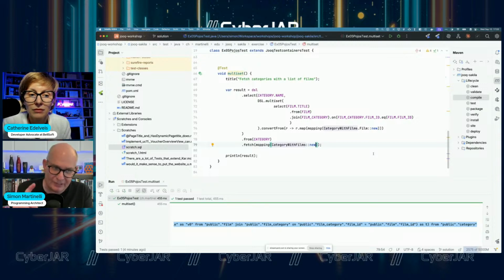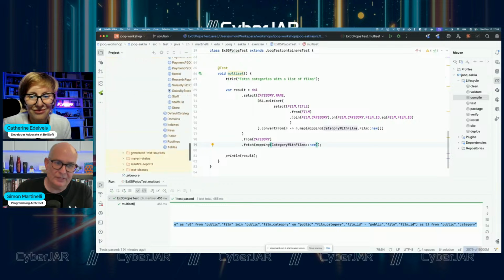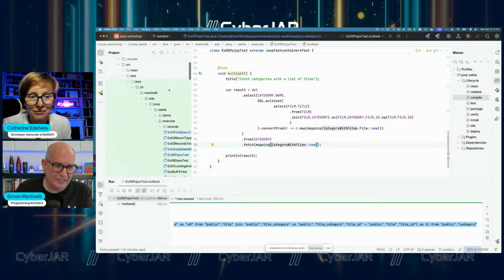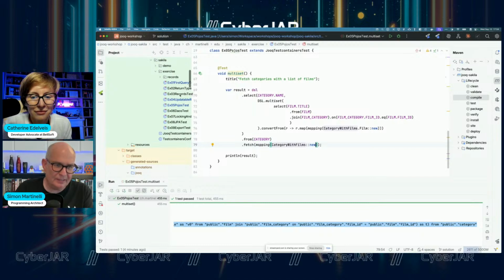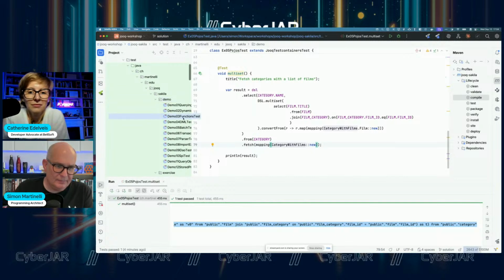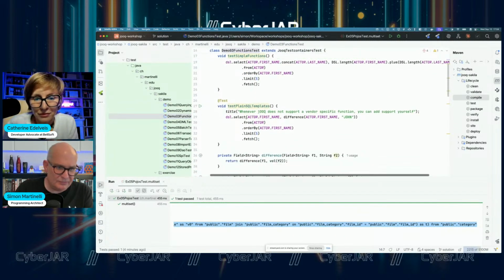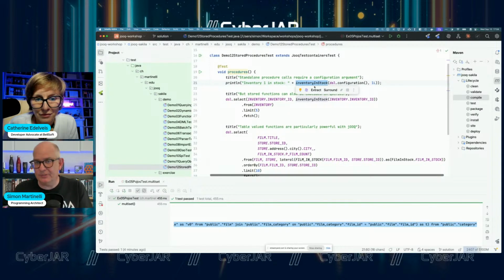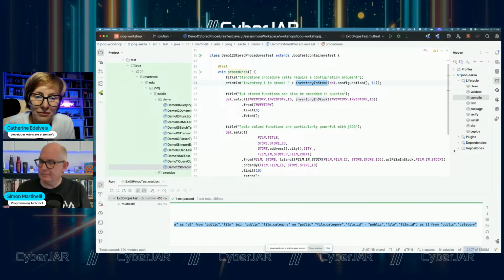For the people that are using stored procedures, jOOQ is brilliant, because jOOQ will generate the class from the stored procedure. And in fact, we have a stored procedure here. Let me check where I have that. Function test, that's probably, no, that's not this one, that's that one. And we have a stored procedure called inventory in stock. That's really a PL/pgSQL stored procedure in Postgres that is calculating the current stock for a certain film.